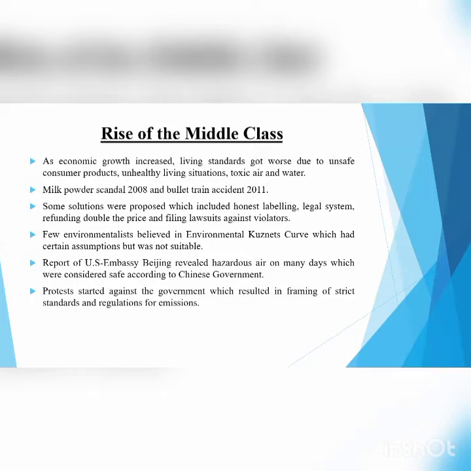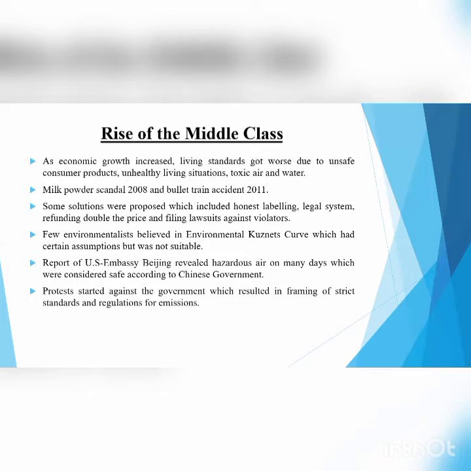And then a bullet train accident happened in 2011, which clearly showed that the bullet train was made of substandard manufacturing materials. Then some solutions were proposed, which included honest labeling, a legal system, refunding double the price, and filing lawsuits